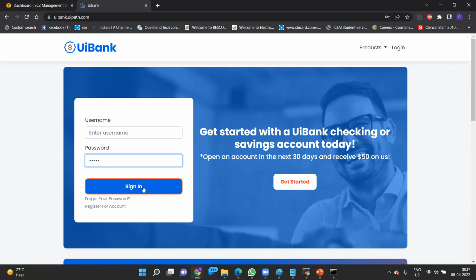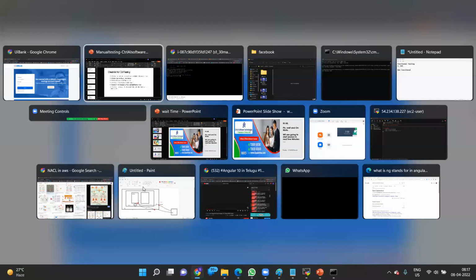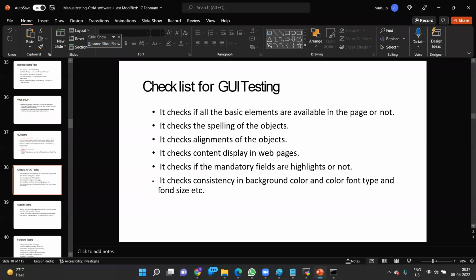But here also we don't do any basic functional testing. GUI testing is actually called cosmetic testing. So these are the things we have to take care of. We check all the basic elements, and we check all the spellings of the objects. We check all the alignments of the objects. We check content display in our web pages, and we also check whether all the mandatory fields are highlighted or